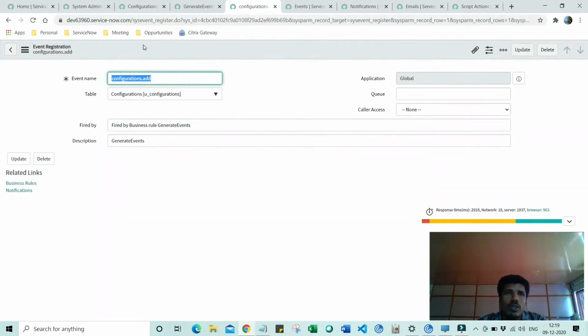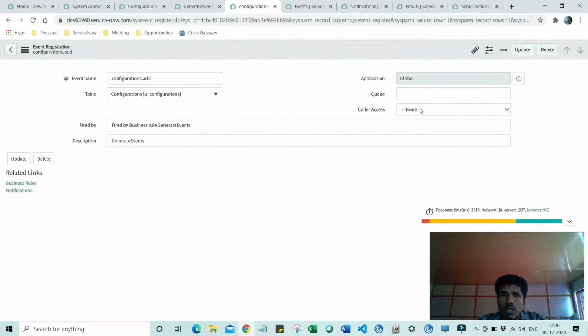I want to explicitly record some activities pertaining to a certain table. Fine, I come to the event registry and record those events in the form of event registry records, nothing else. So the only input which refers elsewhere is this table. It refers to the tables which are present in ServiceNow. Otherwise, everything else is a string field.